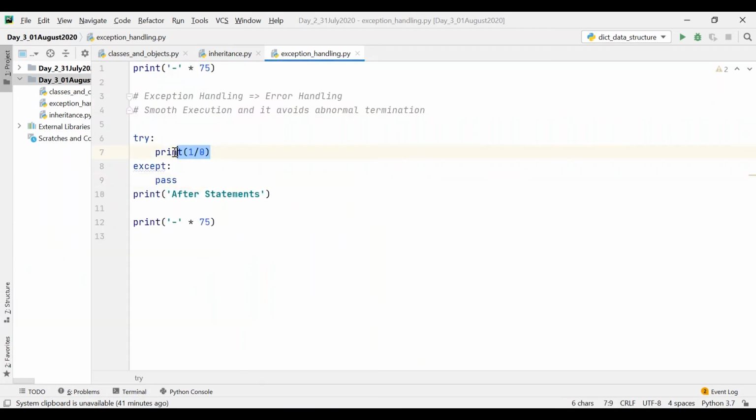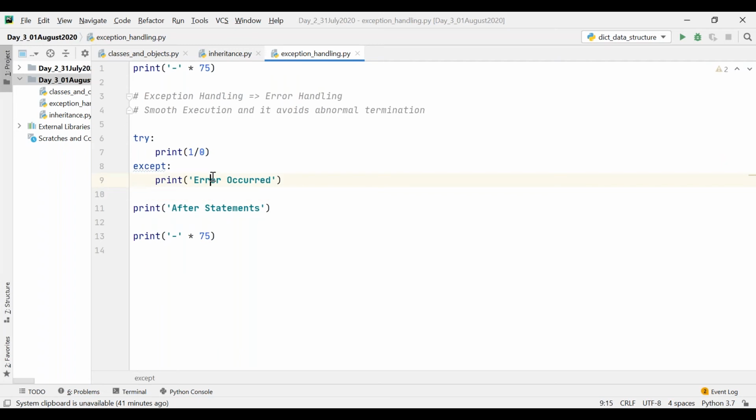Whenever there is an exception in the try block, it goes directly to the except block. Here I have just mentioned pass, that is ignoring the exception, and then it continues the execution from that point. For example, consider I'm printing a statement like print error occurred.